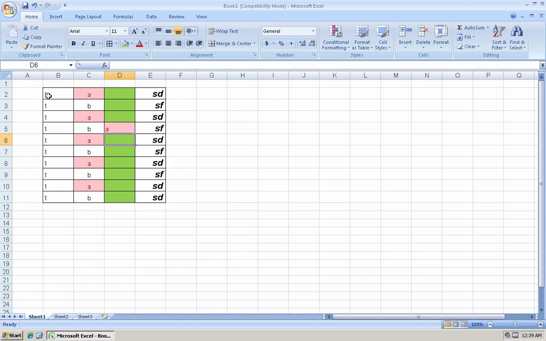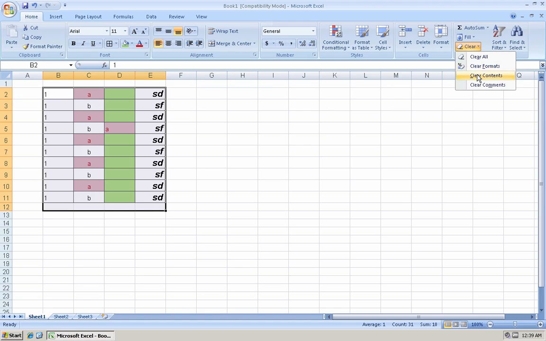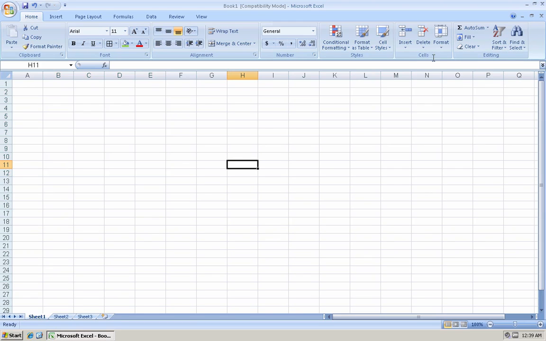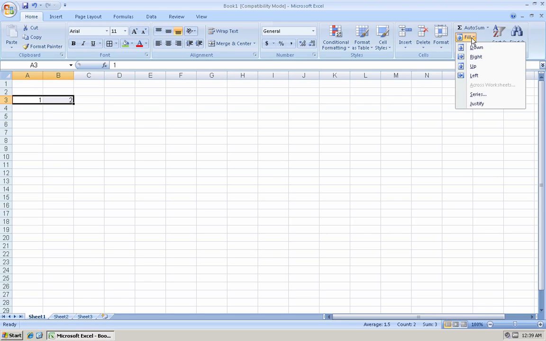Okay, so that's basically just a few starting points. Now, going back to our clear again, we can go clear contents, which will get rid of the content of the cells, and then we can clear the formatting, which gets rid of all the formatting that we put there. You'll also notice here we've got a down, right, left and up fill, and that is this fill that we did before. When we go like this, if we select and go fill to the right,